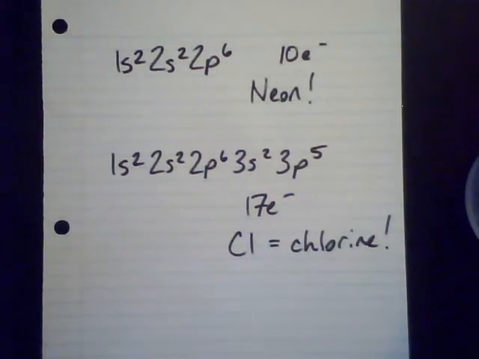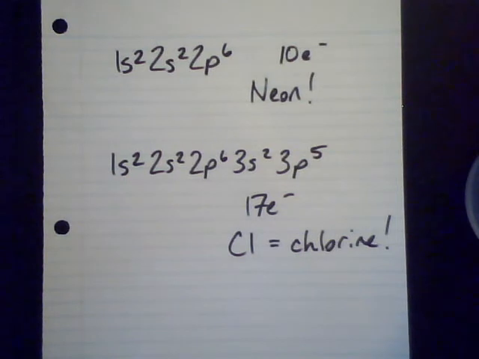Okay? And this is going to be the level that I want you guys to know it. I'm not going to have you give me one. If I give you a name, you're not going to give me the electron configuration. It'll always be the other way around. I'll always be giving you something like this, and you'll have to interpret it. So the goal is to be able to interpret these electron configurations and then tell me the identity of the element. So it's important then to understand what you're looking at, what all the different symbols mean,